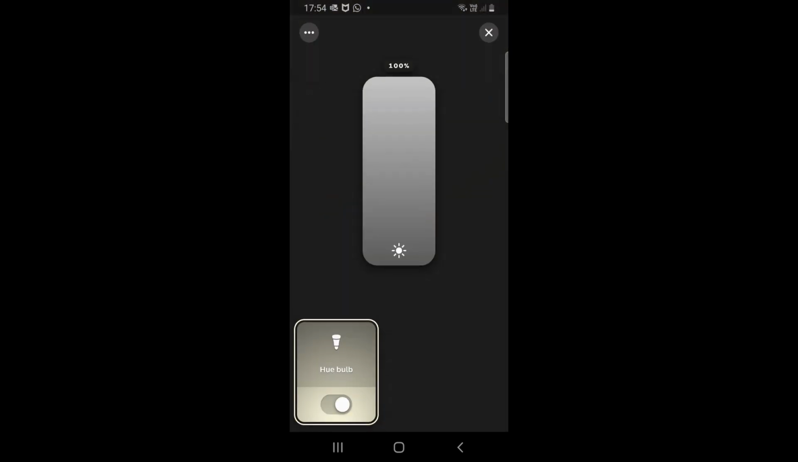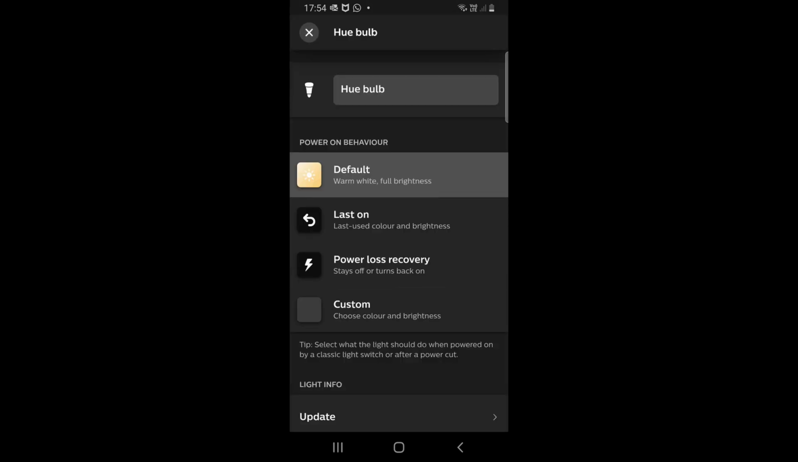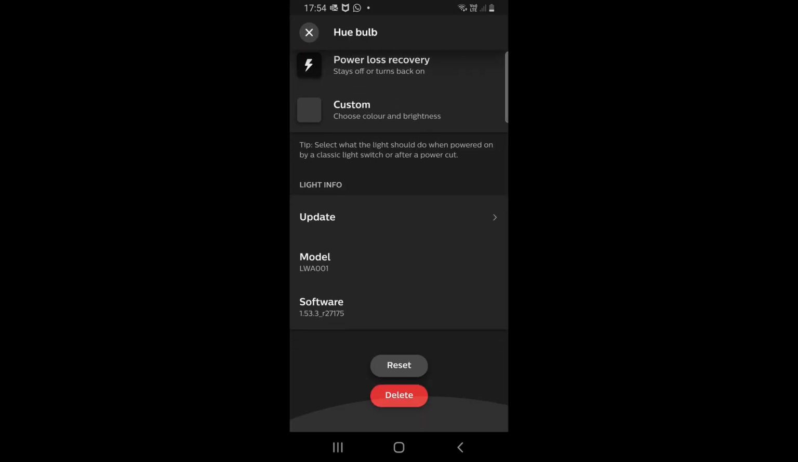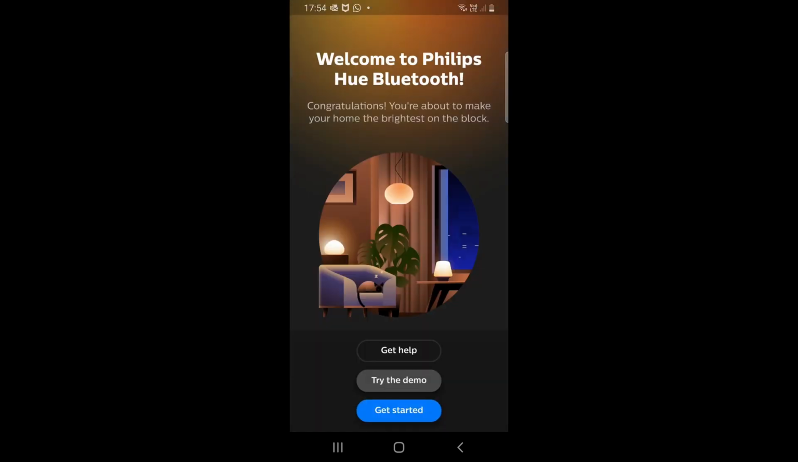Okay, so if I go to settings on the bulb itself and I go reset. Okay, so if I hit reset, it will say, are you sure? Turn it back to factory settings. Yes, I do. So factory reset it. The light will flash, and now you know it's gone back to factory setting mode. Okay, now